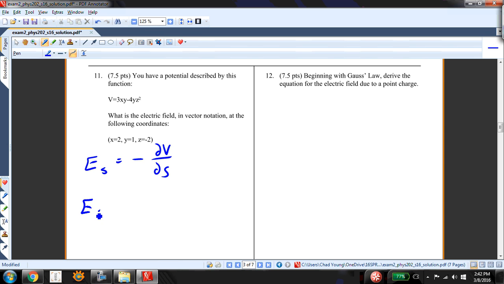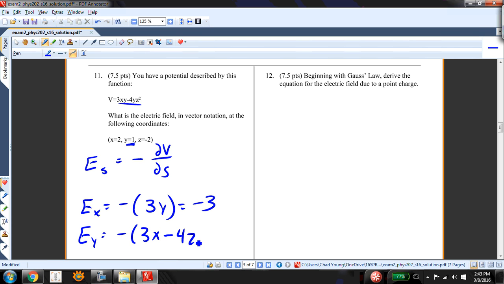So Ex then is going to be the negative of the derivative of that function with respect to x. That's going to be 3y, just 3y. Y is equal to 1, so it's going to be negative 3 times 1, or negative 3. Ey is going to be negative 3x minus 4z squared. Putting in the proper coordinates for that, I get negative 6 minus 16